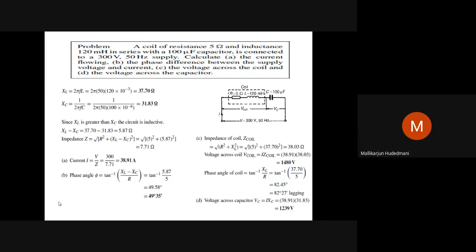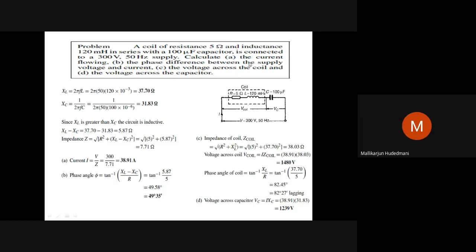It's very simple. Coil and capacitor in series. So I can get voltage across the coil, voltage across the capacitor. I can get Z of the coil, Z of the capacitor, Z total. XL stands as 2 pi FL. By substituting the values, 37.70. XC of the capacitor, in the second part, is 1 by 2 pi FC. Then by looking you can see the inductive part is dominating. This is larger in value. Therefore, net reactance is XL minus XC, which is 5.87 ohm.